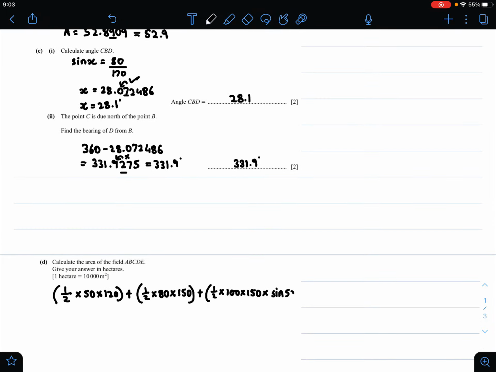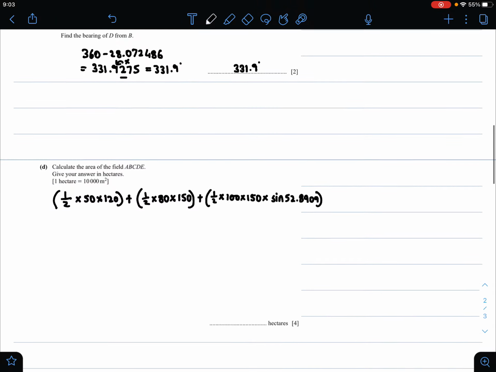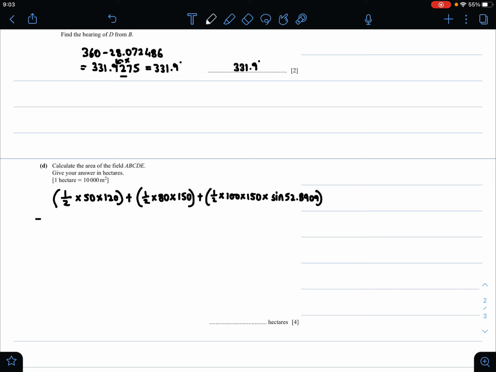So sine of 52.8909. Therefore, now all we need to do is input this in your calculator. So 50 multiplied by 120 multiplied by half is equal to 3000, plus 80 multiplied by 150 multiplied by half is equal to 6000,